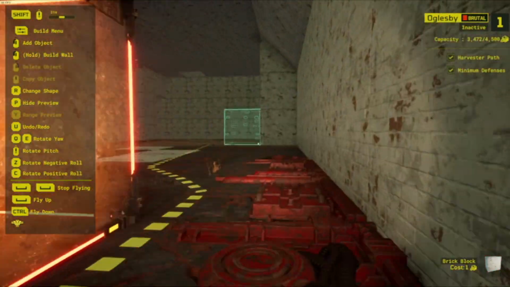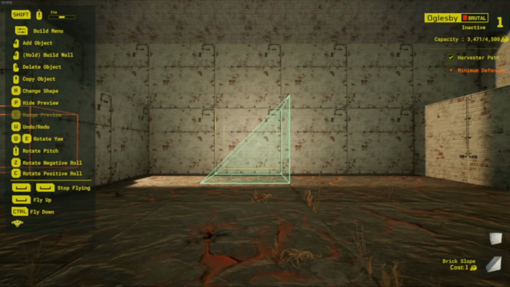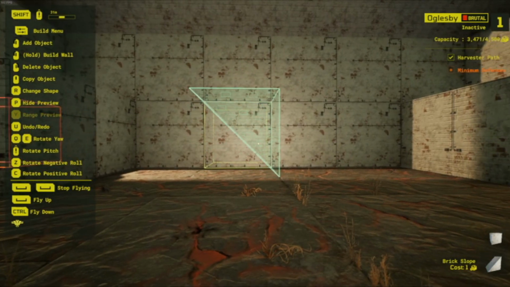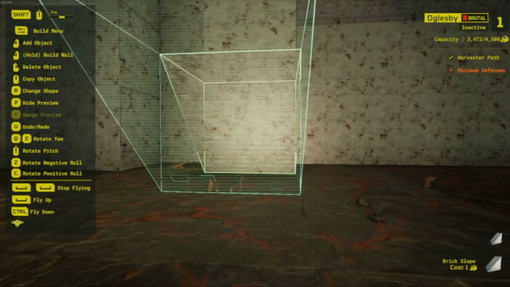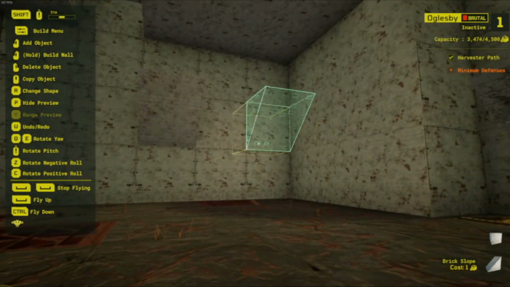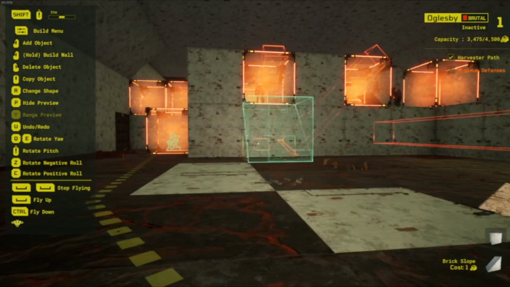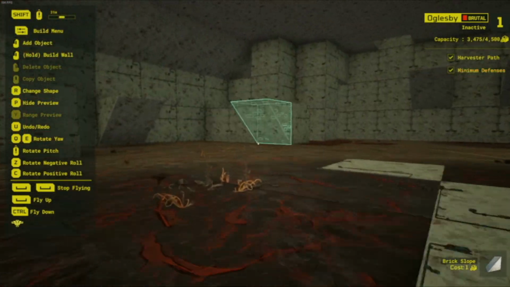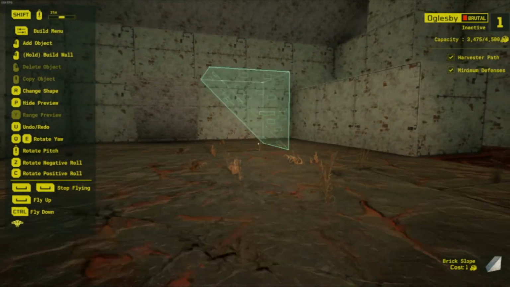Here we are. Okay, so here what I want to do is get rid of that. I want to go R. I do want to put one there. I want to put one here. I want to put one here. I'll put one there. Nice. Then I want to go